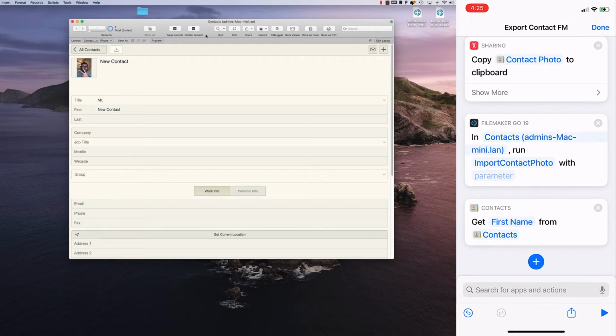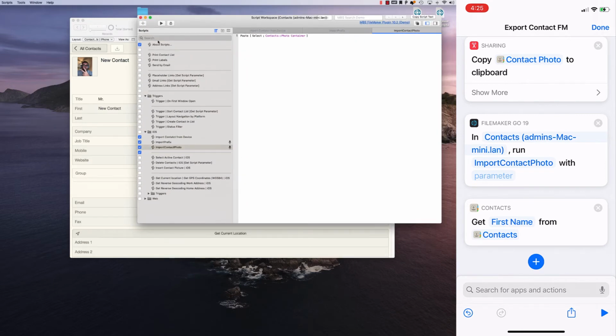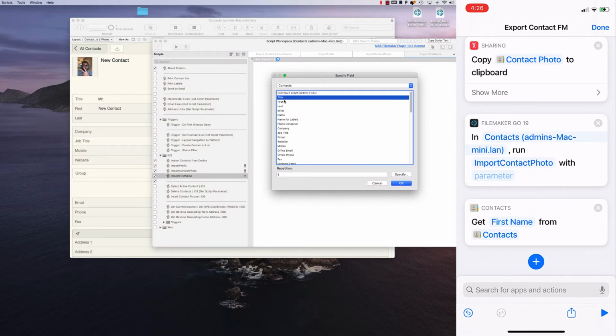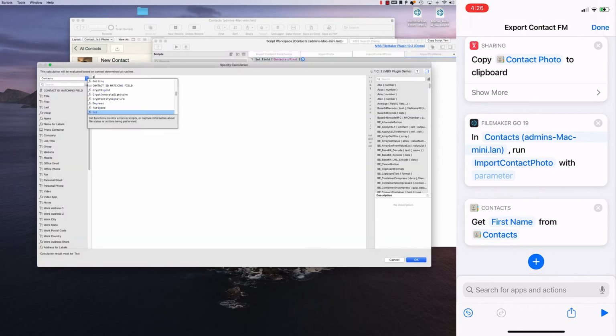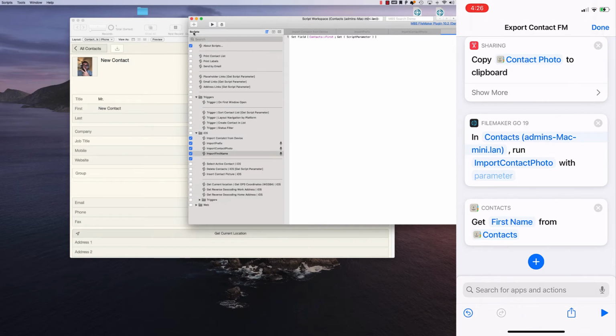So now over here on our database, we got to create a script step, import first name, and we're going to set the field to first name, and the calculated result will be get script parameter. So that's it for this one, and then we're going to enable shortcut donation, and then we're going to create another one,